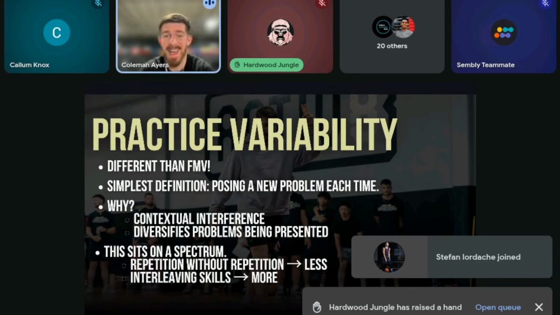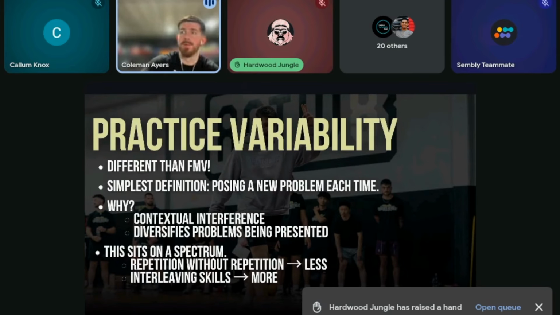Number one is something called contextual interference. In other words, when we jump from one problem to another, now you have different context. You have different problems to solve. So I always use the example. If you walk up to a kid and ask him, hey, what's 8 times 8? 64. What's 8 times 8? 64. It just gets monotonous, right? There's no new problem to solve.